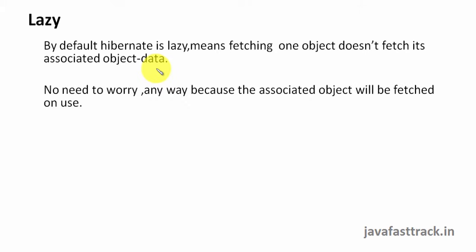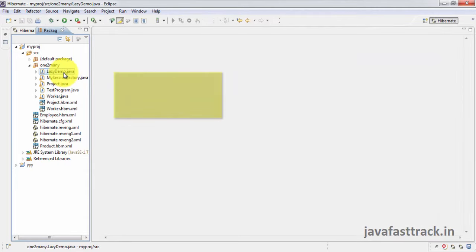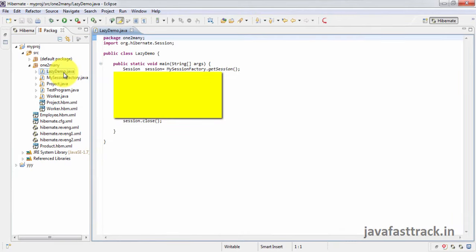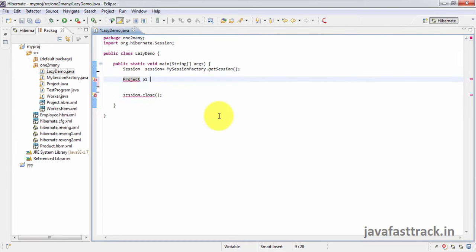No need to worry because of the lazy behavior of Hibernate, because associated data also will be fetched when you try to use the associated object. To understand the lazy behavior of Hibernate, I'll write this small program.